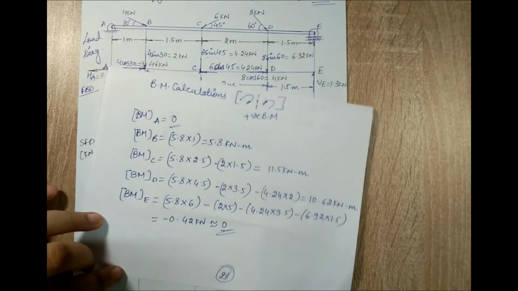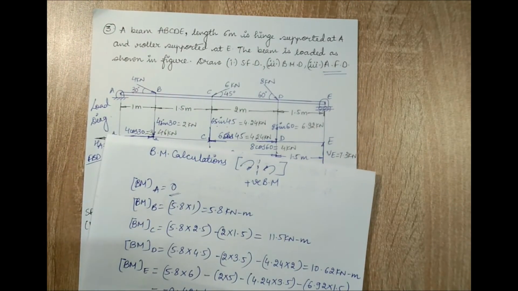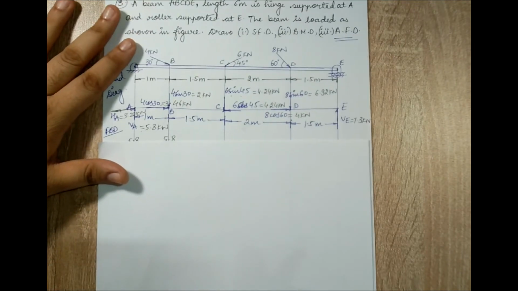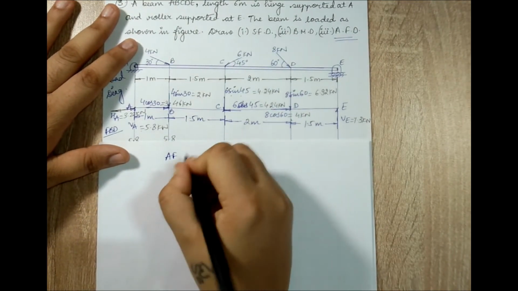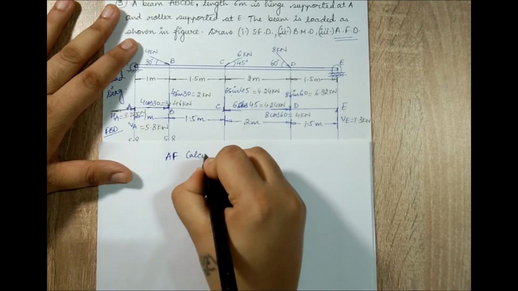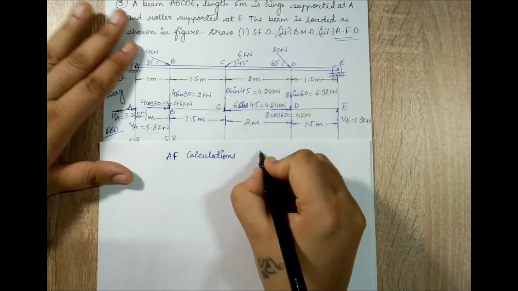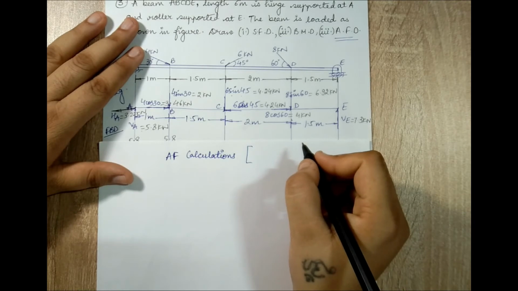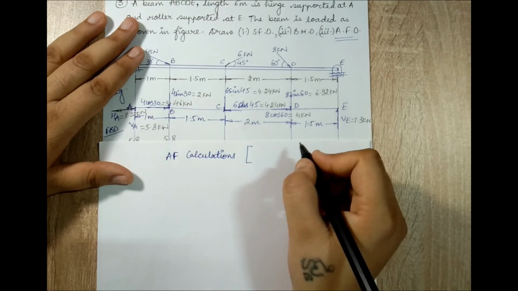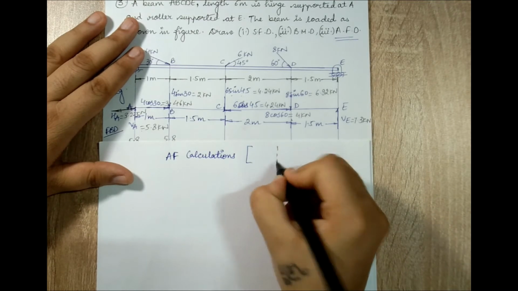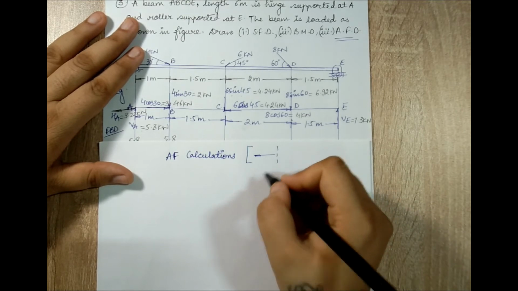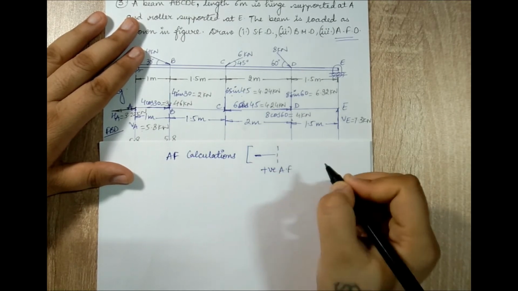Next, I'll calculate the AFD, which is axial force diagram for this question. Now this question is the one where you can solve an AFD because you have horizontal forces as well. So I'll start with the AFD calculations first. Now, this convention is something which I have not discussed with you, but this is very simple. If you understood the sessions of stress and strain, you will definitely understand that to the sections left, if I see any force, if it is pulling the body, which means it is causing a tensile kind of effect, I would say it is a positive axial force on the body.